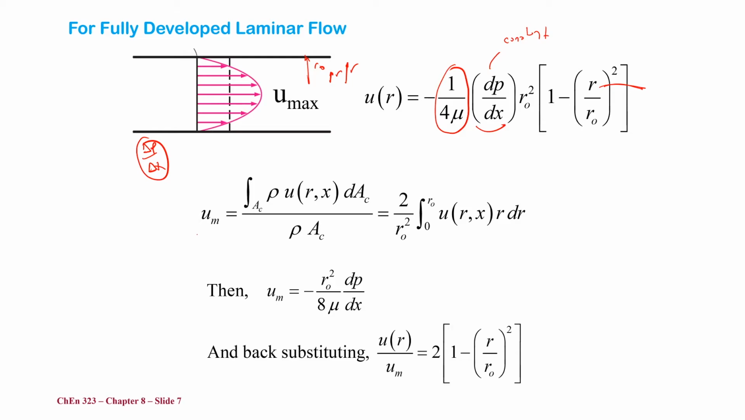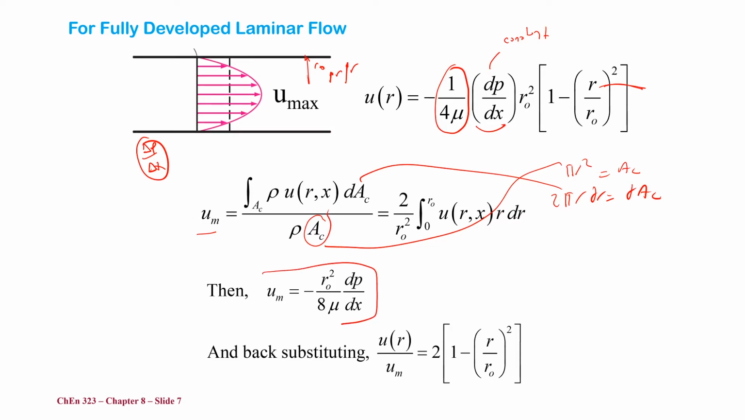And if you want to get the mean value, you integrate it across the cross-sectional area and then divide by the cross-sectional area. If the cross-sectional area is pi r squared, this is A_c, and 2 pi r dr is the dA_c. If I replace this here and that there, you can obtain the average velocity. And if you do this math, you get a mean velocity, which is the pressure gradient multiplied by radius squared over 8 mu. And if you take the ratio of the actual velocity at any position r and the mean velocity, you get this